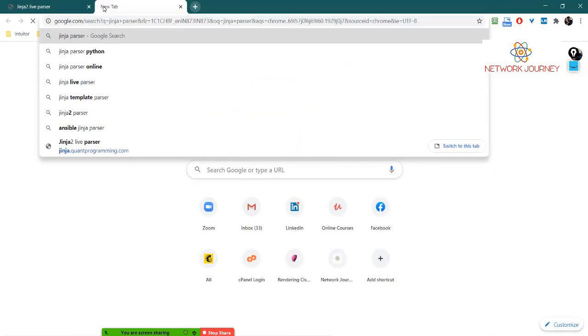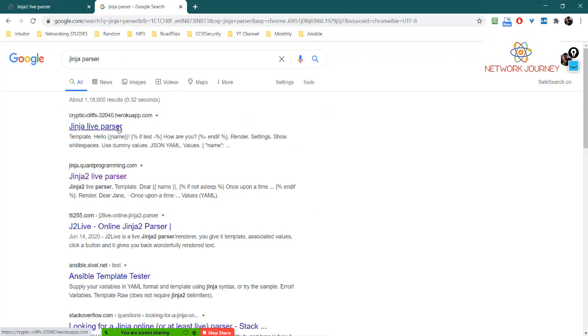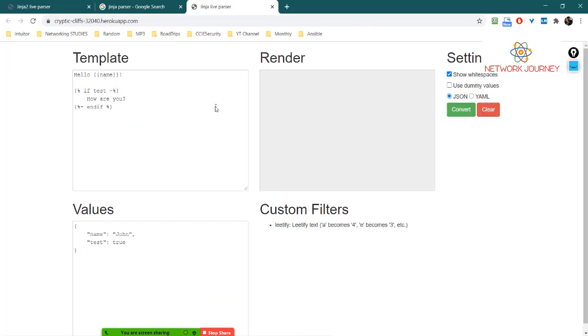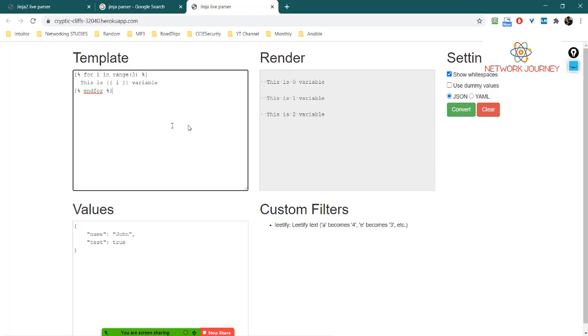Let me see some other Jinja parser. Okay, so this is working. See how for loops work. When you have a for loop template, in this example you just saw that you got all the output: 0, 1, 2, 3.